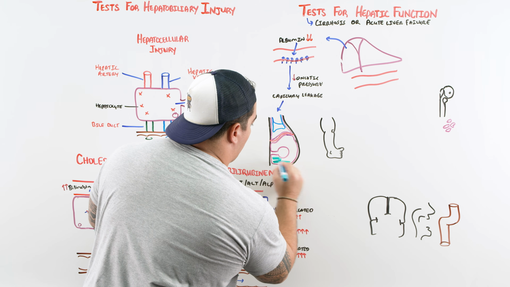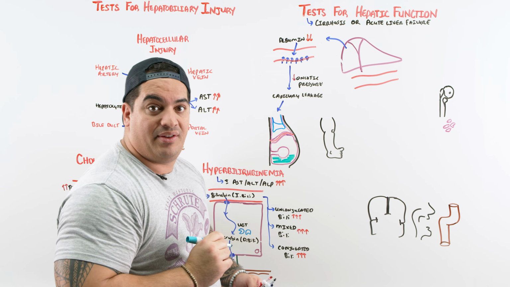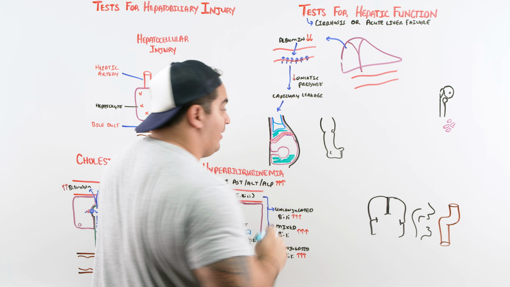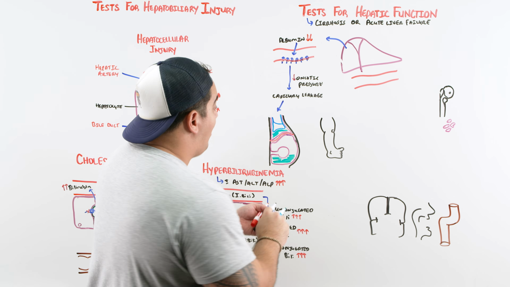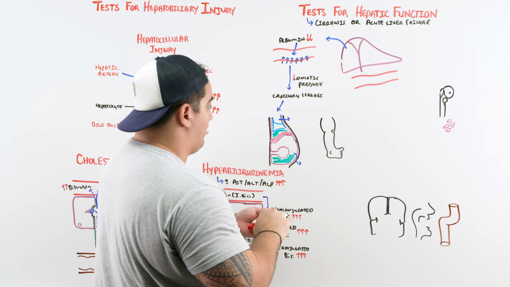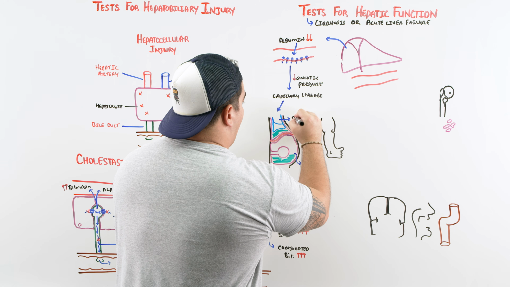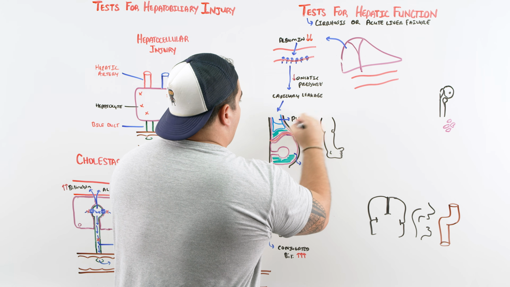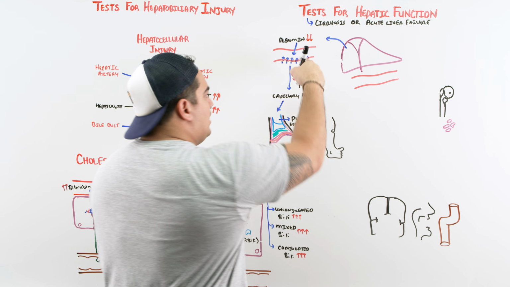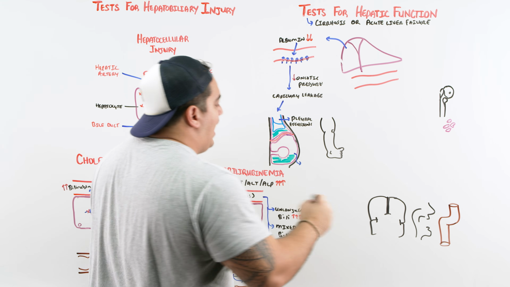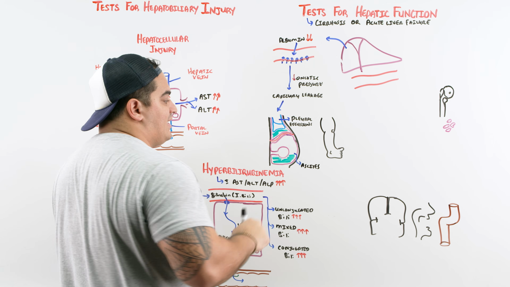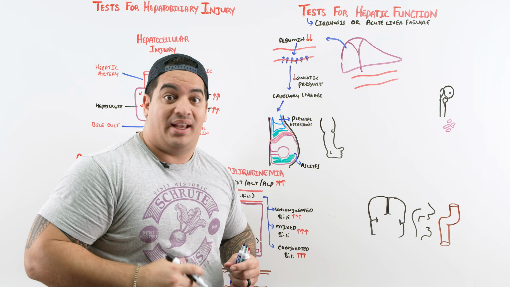Potentially, what's this called whenever you have lots of fluid building up in the actual peritoneum? Ascites. What's it called when you have fluid building up within the pleural cavity? Pleural effusions. So oftentimes these patients can develop pleural effusions, and they can also develop something called ascites. So watch out for a patient who has decent amounts of pleural effusions as a result of the significantly decreased albumin, as well as watch out for ascites. And this would be an ascites that has a SAAG that's usually less than 1.1 because it's more of an